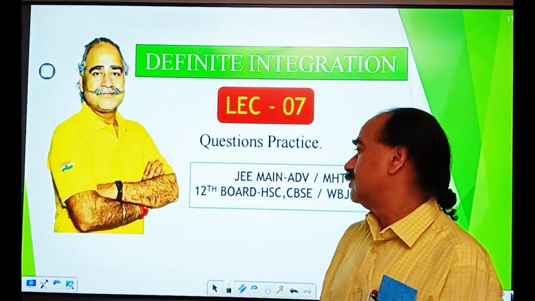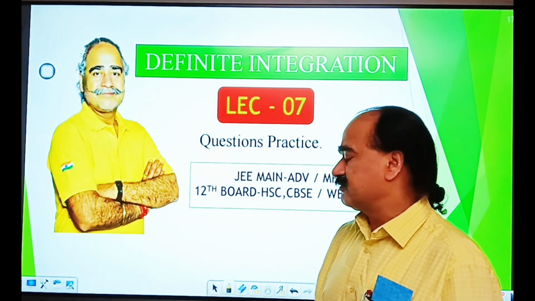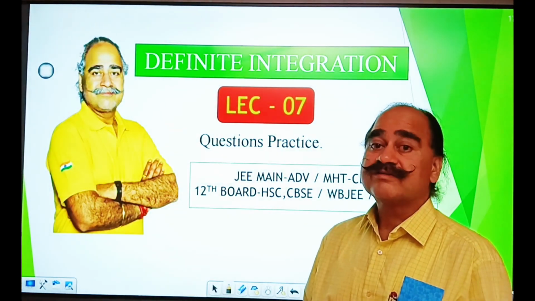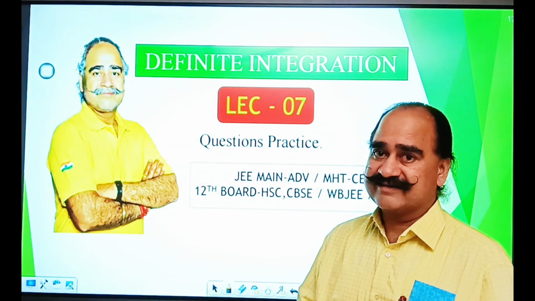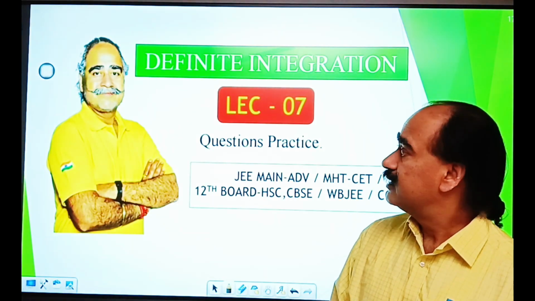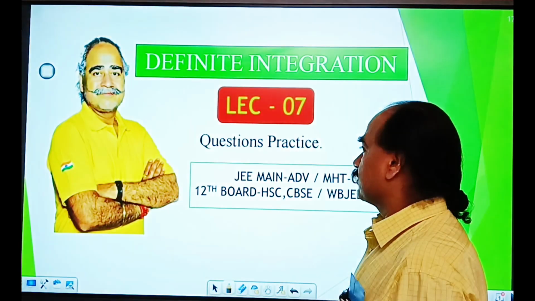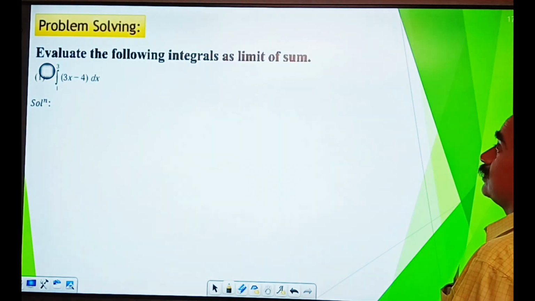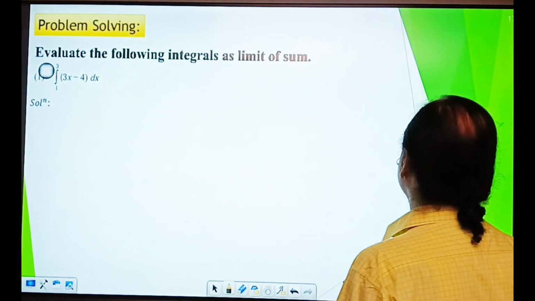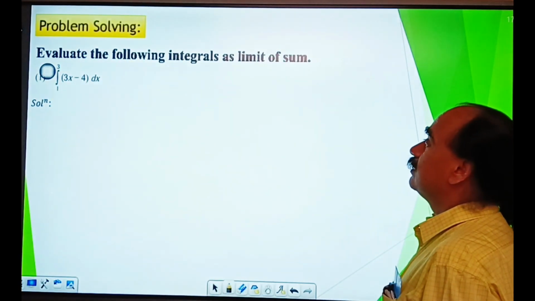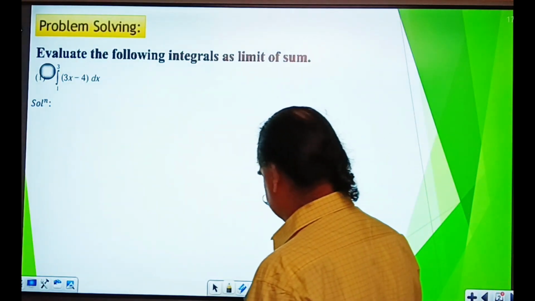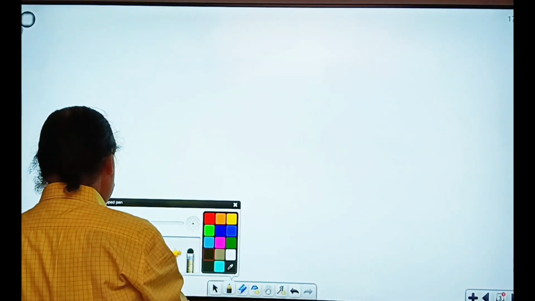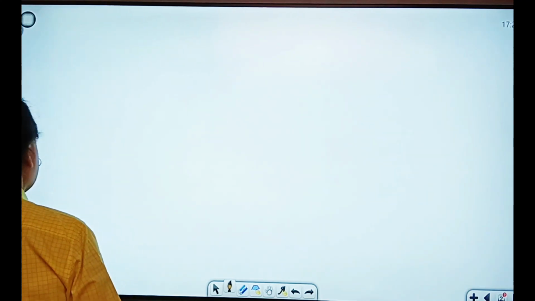But you should know there is a relation between integration and summation. That is, definite integration and summation. So under this particular part, we'll be learning that. There is a relation between integration and summation. So the relation is